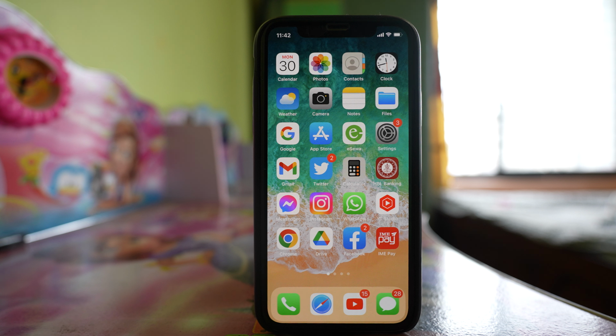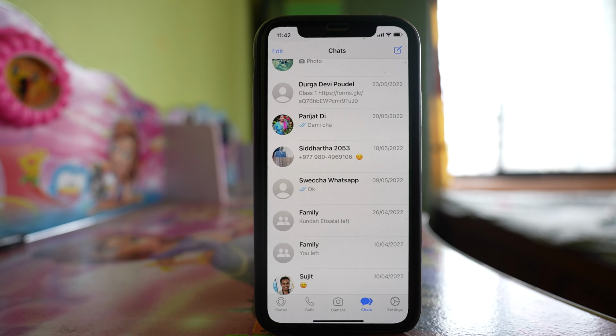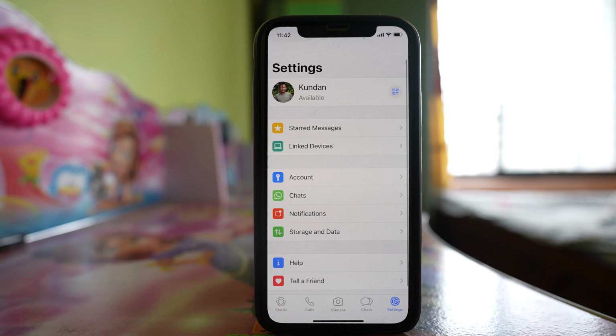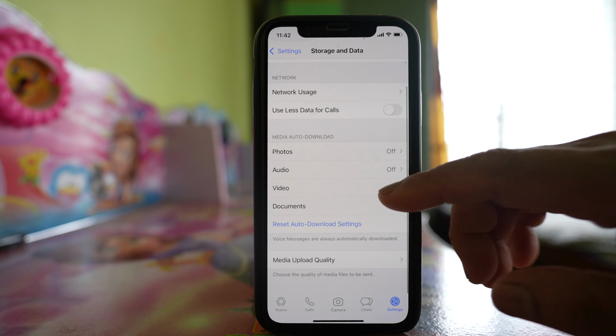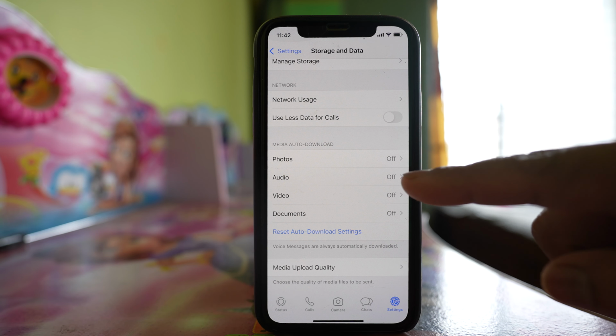If you want to turn off the auto download of photos and videos in the WhatsApp application so that there will be more space left in your iPhone, then what you do is open the WhatsApp application. Then you will tap on the settings icon here. You will go to storage and data, and if you see, there is an option media auto download,